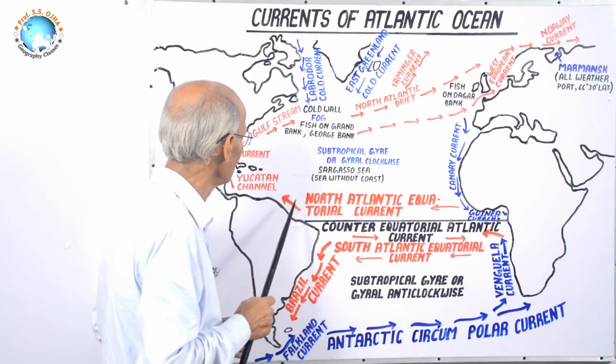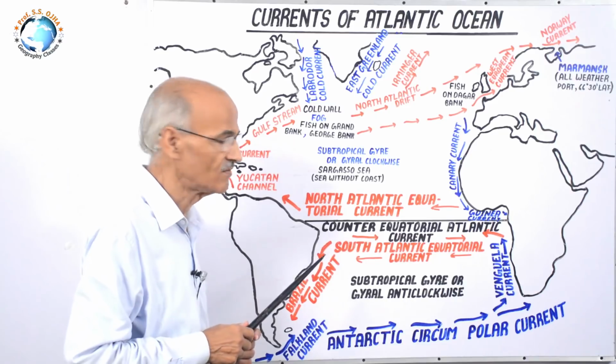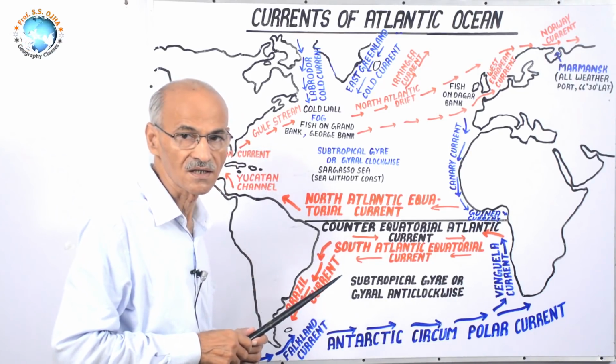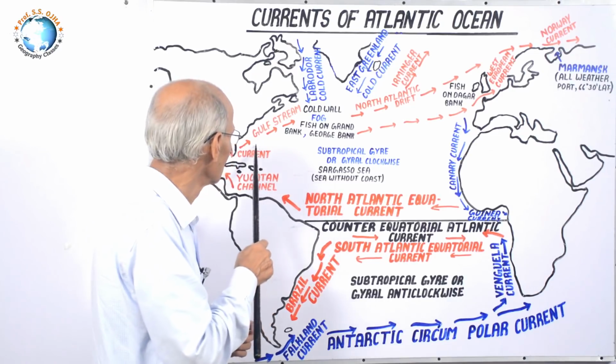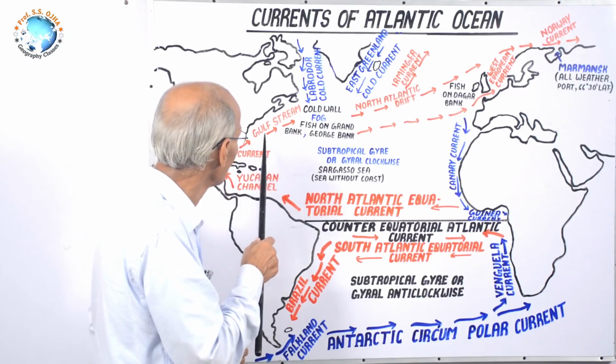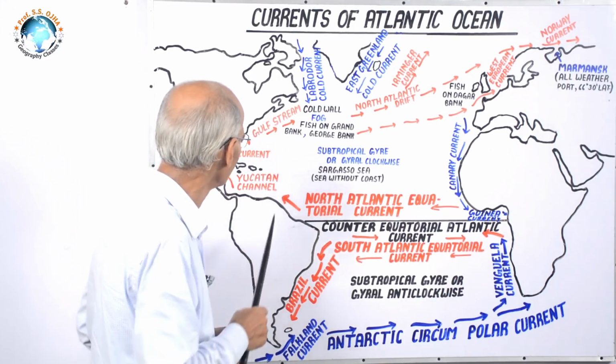But there may be a doubt whether it is driven by wind or controlled by the direction of coast. So the second option is correct, and this Gulf Stream is controlled by the east coast of North